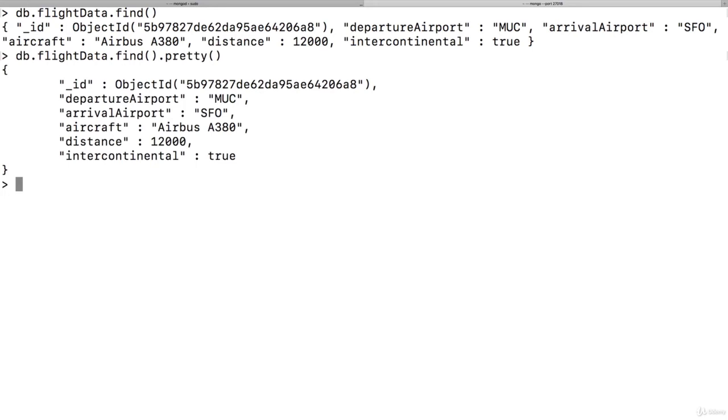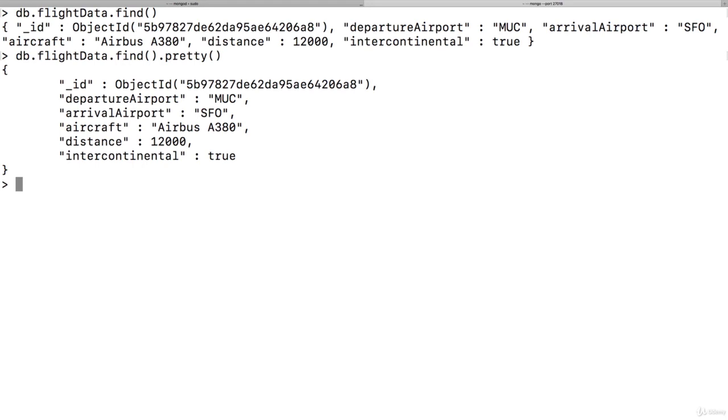And there we see all the data we entered, plus this extra underscore ID, which was added automatically by MongoDB. And this ObjectId is simply a special type of data provided by MongoDB, which is a unique ID that also allows you to sort your documents, because it will also have some timestamp data in there, you could say. So this ID also can be used for sorting, because it's guaranteed that if you would add another document right now, this would be treated as a more recent document than this document we see here, due to that ID. But that's some behind the scenes stuff.